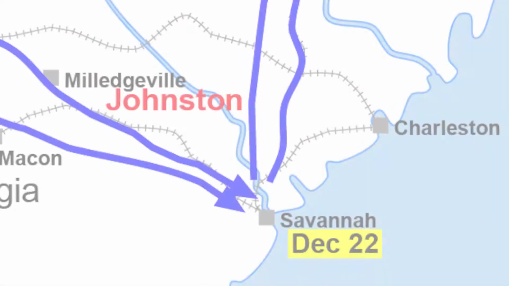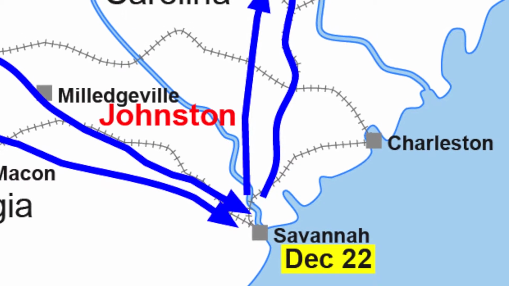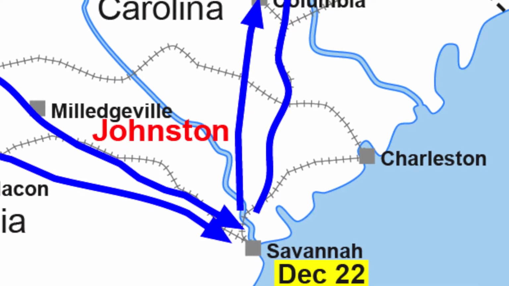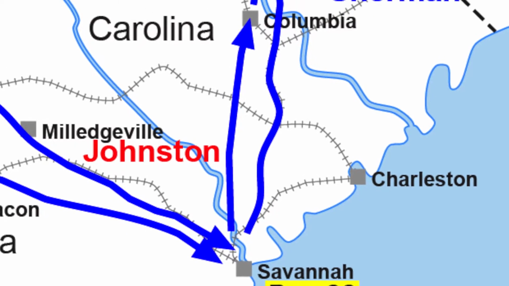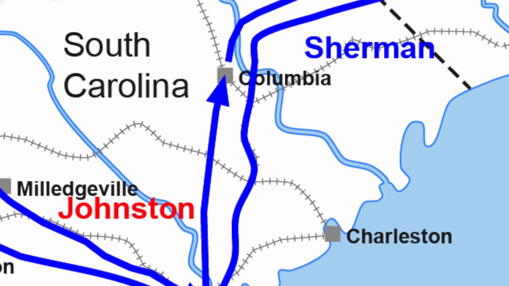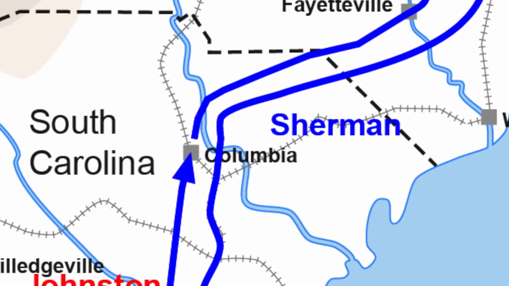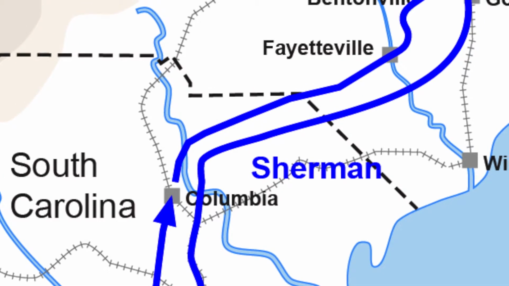And of course, he's not finished. Once he captures Savannah, Sherman is going to turn north and take his brand of war into South Carolina. I believe Sherman remarks that South Carolina started this mess and they're going to have to pay for it. And he marches to Columbia and burns and destroys as he moves through South Carolina the same way as he